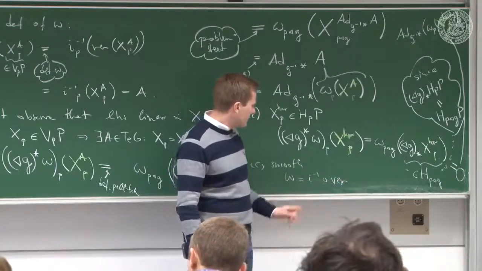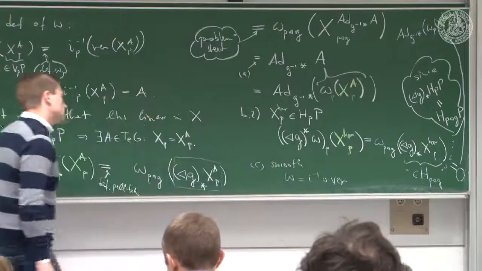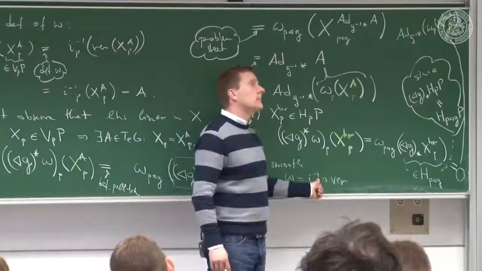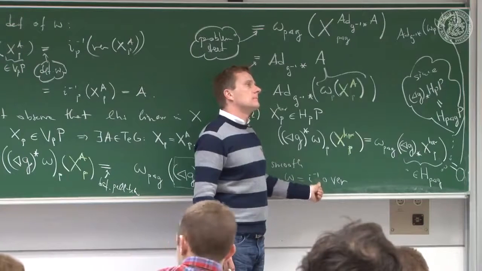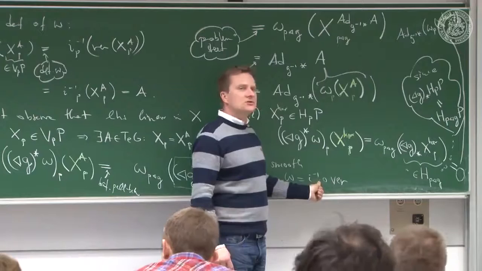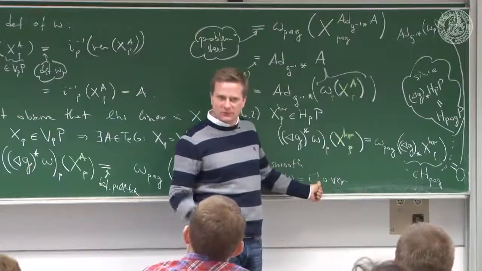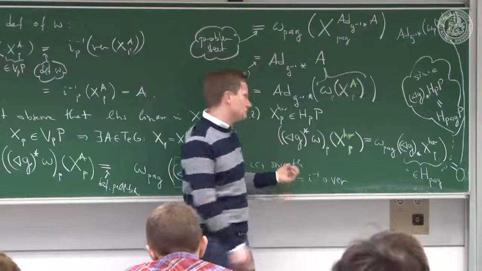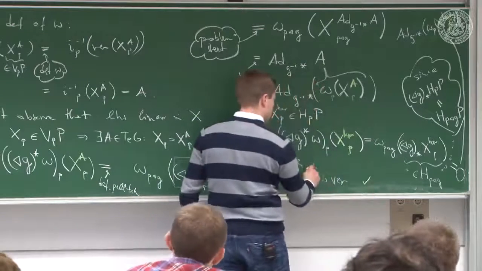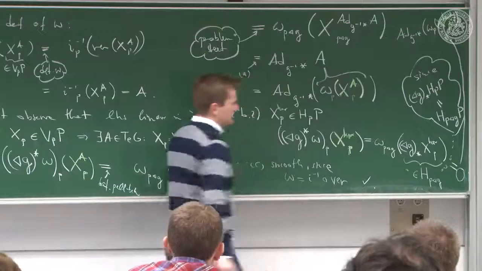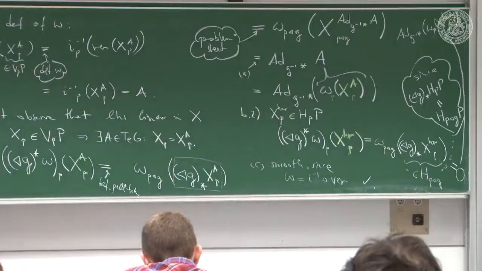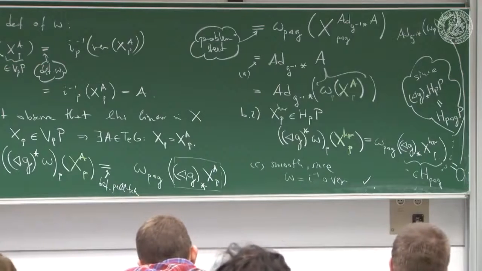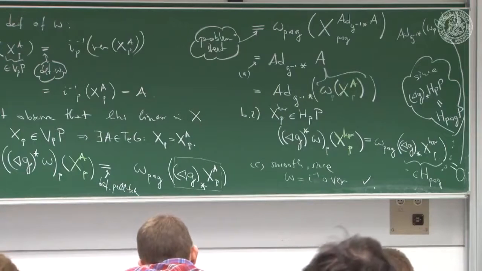And the I inverse, well, that is smooth because the exponential map is smooth. And so you have smooth after smooth is smooth. That's it. So these are the two properties of omega shown from the properties of the connection,